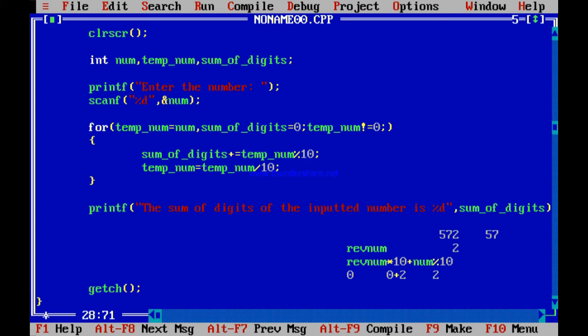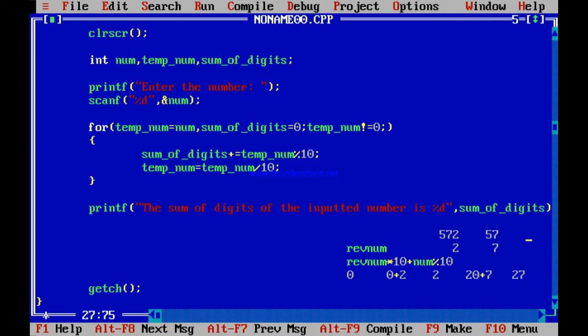Now next time I will change this 572 to 57. So I will divide the number by 10 and keep it. So for the reverse number you need number %10, that is 7. If you use the same logic, reverse number into 10, reverse number is 2. So 2 into 10 becomes 20. 20 plus number %10, 57 %10 is 7. What do I get as a result? 27.